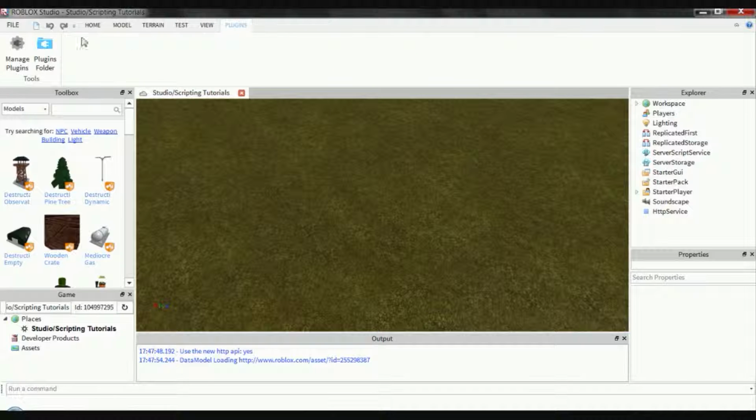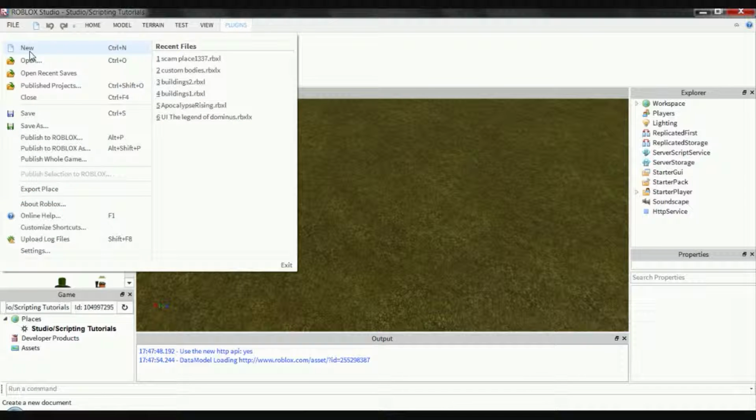We have no plugins yet, so I'll teach you how to get around the Roblox Studio. These are the tabs right here. There is home, model, terrain, test, view, and plugins. There's also a file tab right here, and when you click it, it opens this drop down menu, and it has new, which creates a new place, open, which creates a place from a file, open recent saves, which shows all the recent saves that you did, and published projects, which is like opening a project,